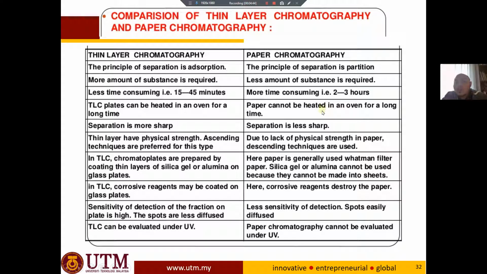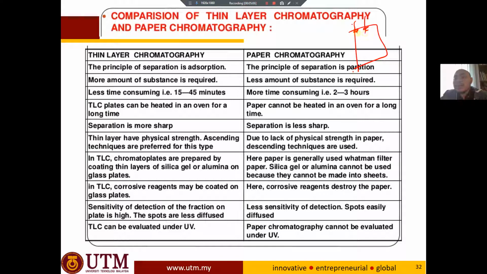It means that the solvent is dropped slowly on top. For example, we set up the paper like this. Here you hang,